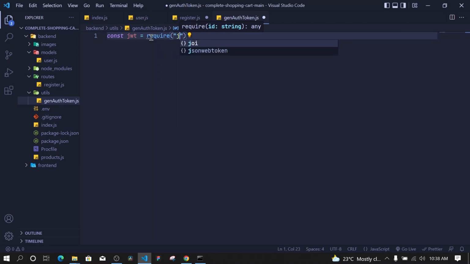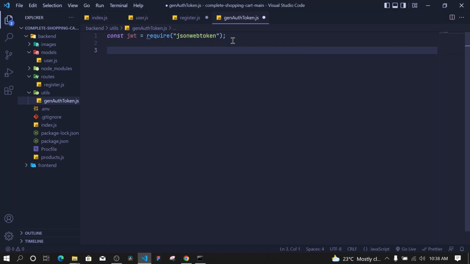jwt. And if you feel like I'm moving too fast, you can rewatch, or I'll leave a link to a complete guide, which is a bit beginner friendly, for creating the backend. Okay, so right here I'll import JSON web token, and right here I'll now create a function which we will use to generate the JSON web token, and this function is now reusable. We can use it in a different file like the login file. So right here I'll say const genAuthToken will be equal to an arrow function here which will accept our user,